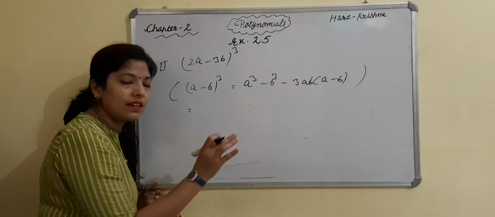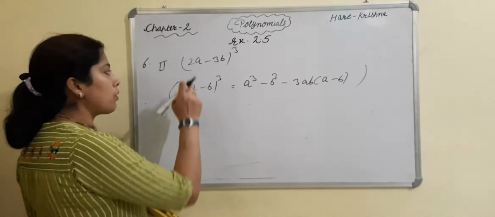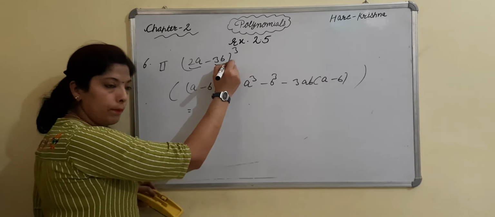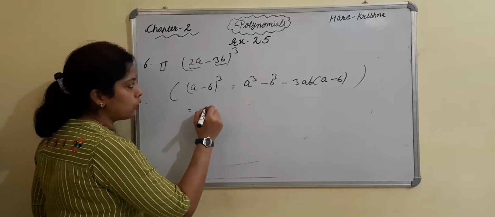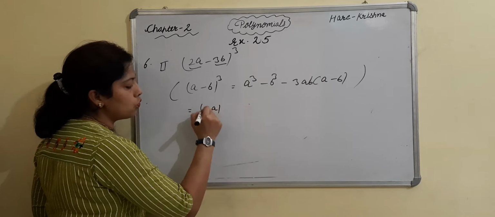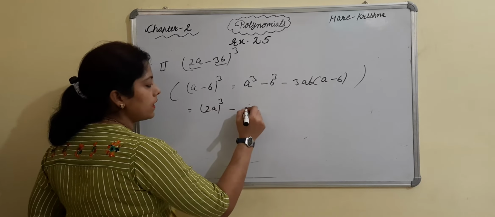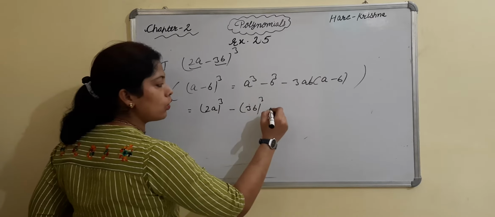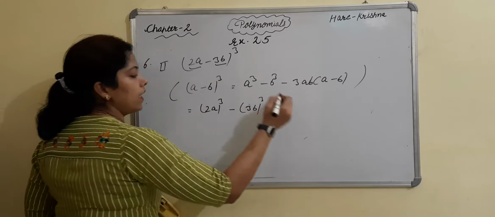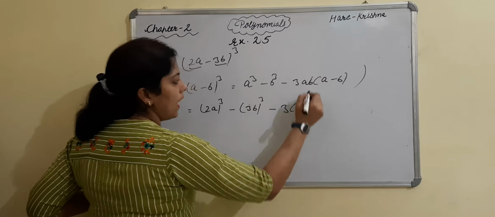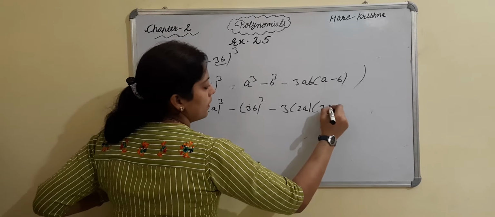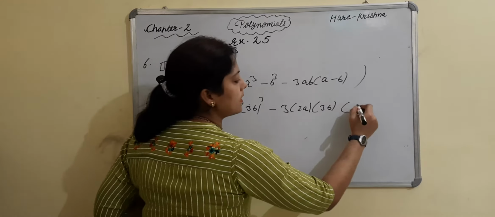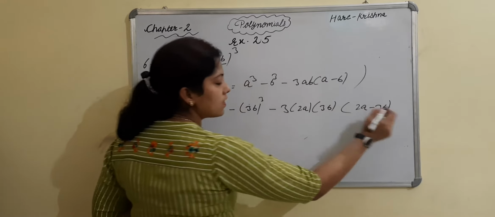Now use this identity directly in our sum. You have to write it using this identity. This is our a and this is our b. That means a cube. तो a क्या है? 2a. (2a) cube minus b कितना है? 3b. (2a) cube minus b cube minus 3a, a means 2a and b means 3b, 3ab into (a − b), (2a − 3b). This is our identity.